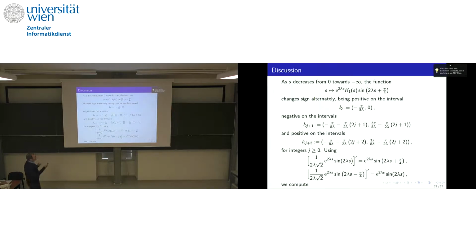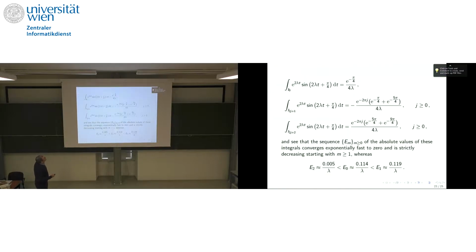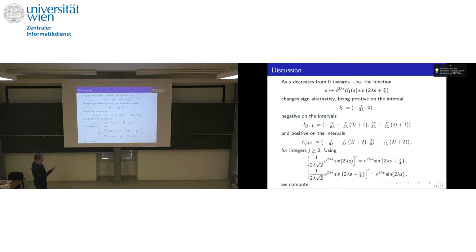So what you can do, this is the function that is integrated. So this integral, positive or negative, decides whether the angle is less or more than pi over 4. And because this has a sign, you look at where this changes sign. So first, it's positive in an interval that goes from z equals 0, the surface, until pi over 8 lambda. So until something of length pi over 8 lambda, this is a small interval where it is positive,